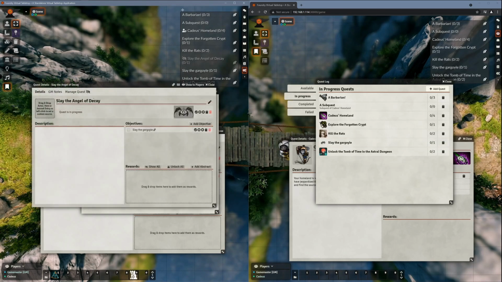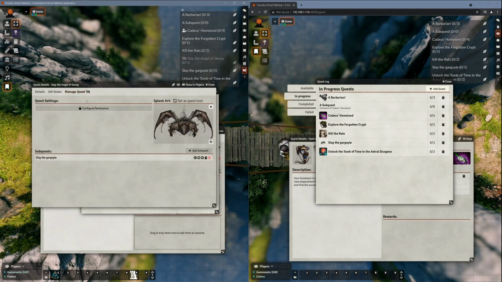Now, in a very similar way, we can go back over to the Manage Quest tab and see. Let's see. This is